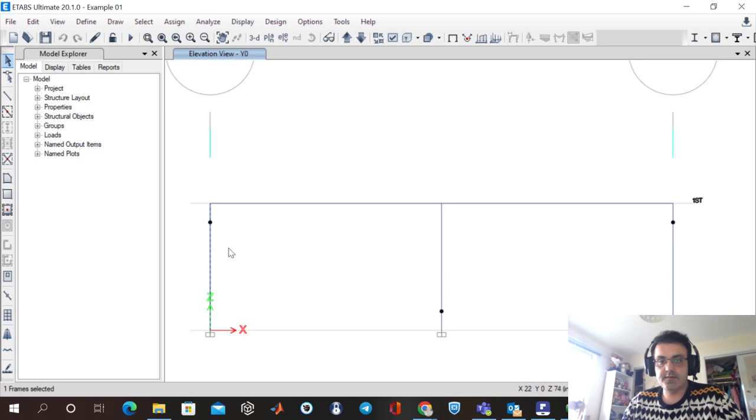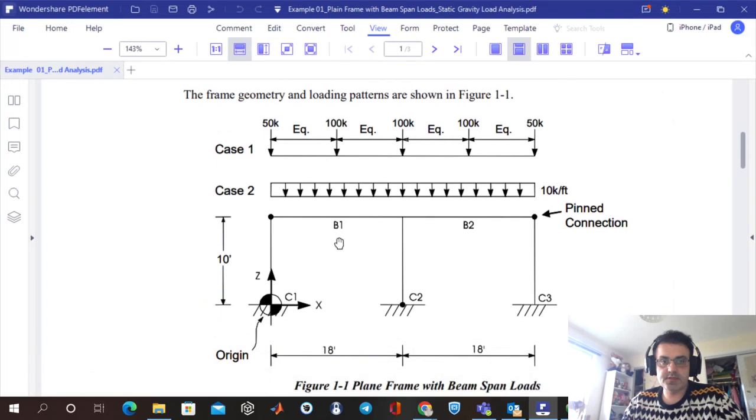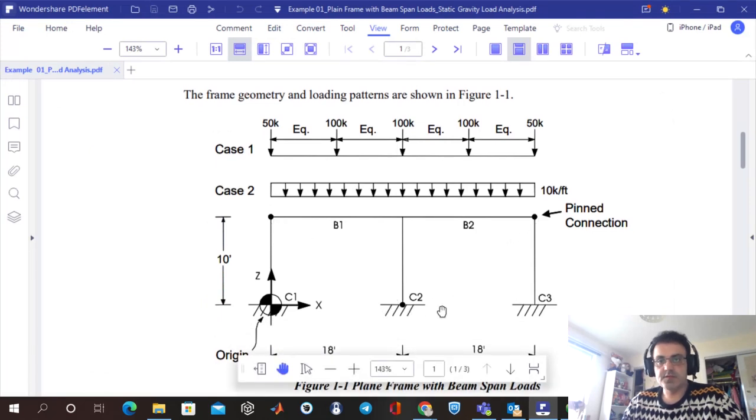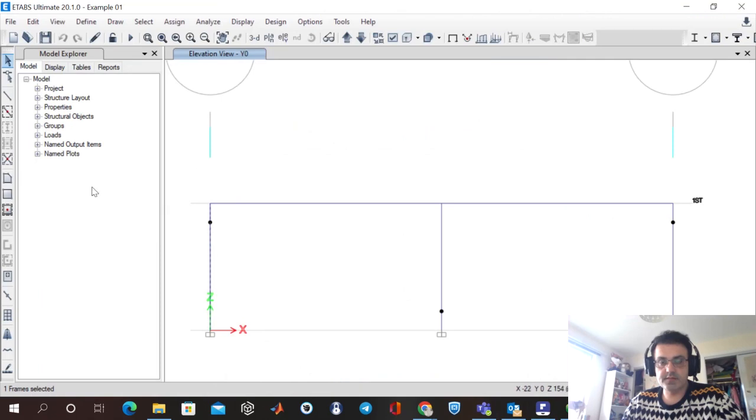Here we have 3 different hinges. If you take a look at this structure, here you have hinges 3. So we want to be exactly like this system. So if you want to define these, for example, if they are not there, you need to select the